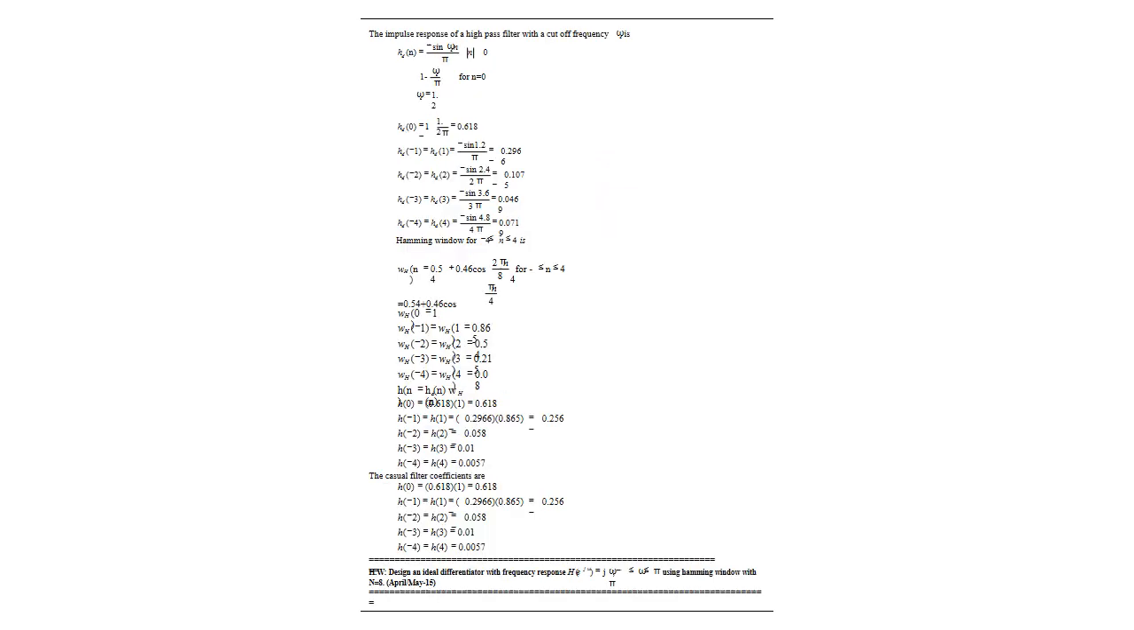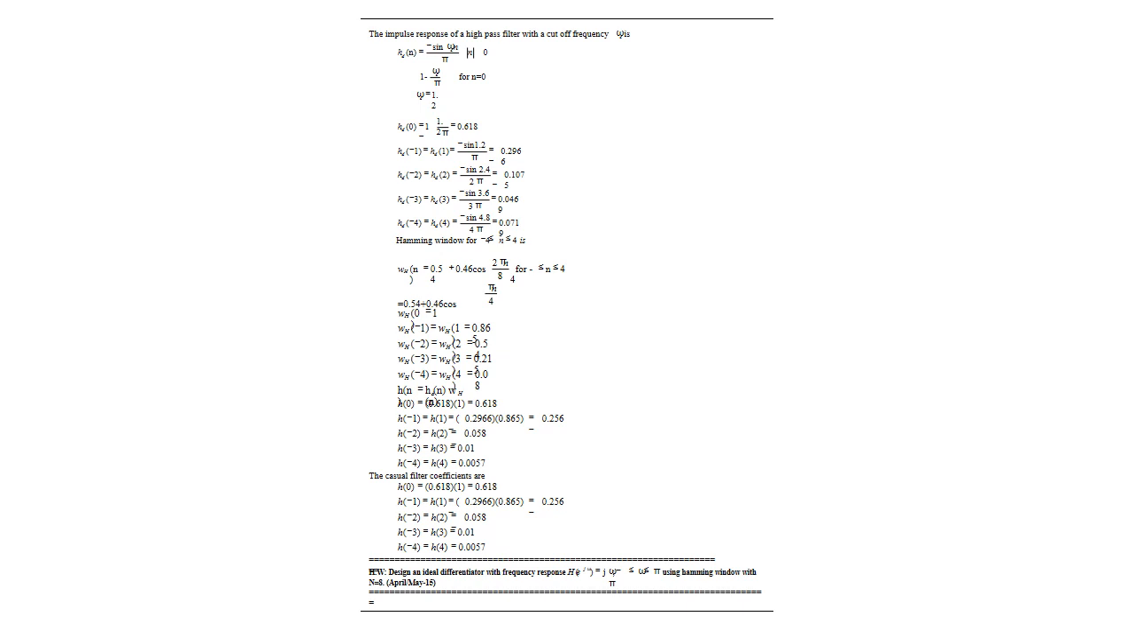Next we have to find the impulse response of the high pass filter with the cutoff frequency of omega c. First we use the formula hd of n is equal to minus sine omega c n divided by pi n for modulus of n not equal to 0, and 1 minus omega c by pi for n is equal to 0. So omega c by pi is equal to 1.2 by pi. Then we substitute the values: hd of 0, that is equal to 1 minus 1.2 by pi